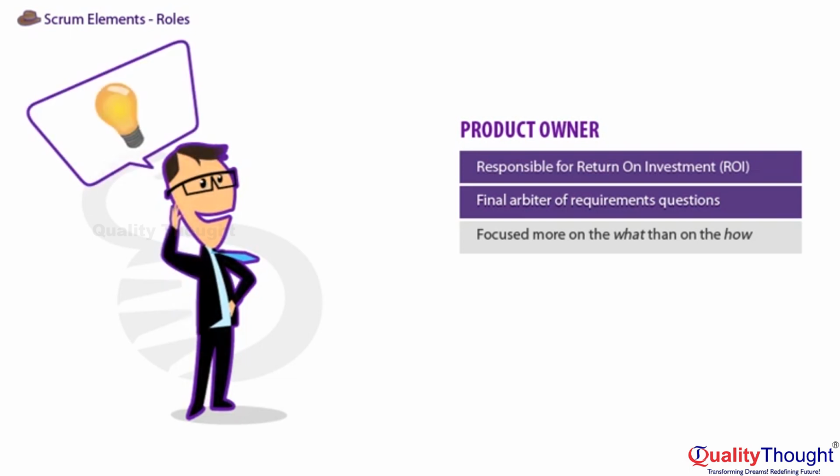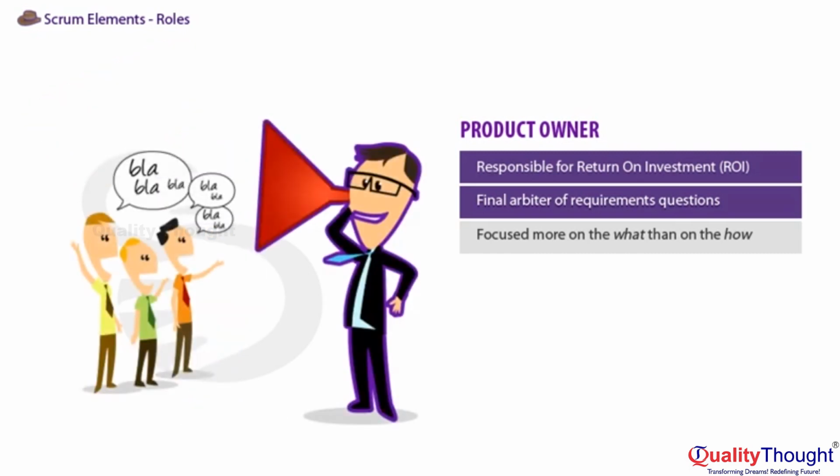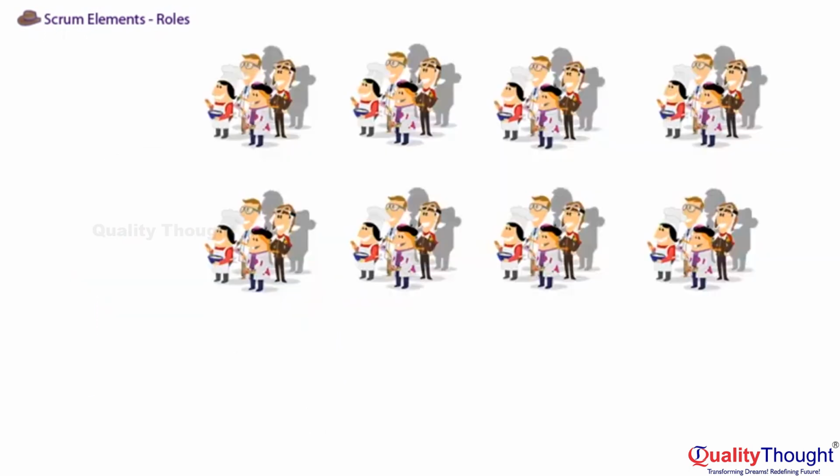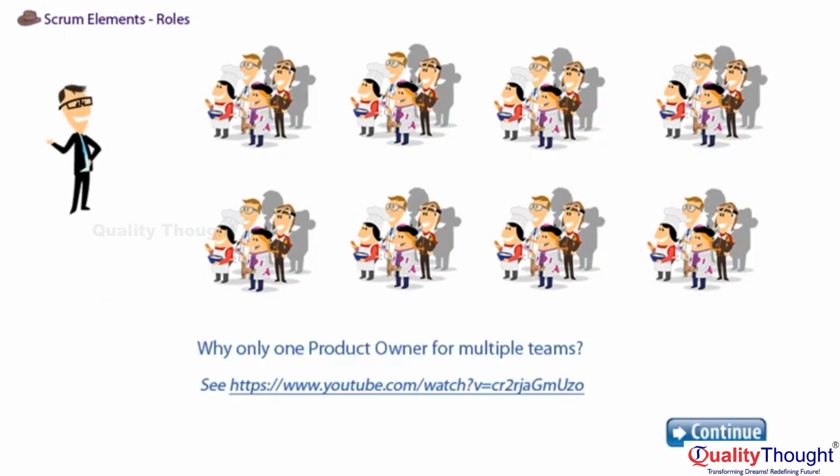The Product Owner must have the vision behind product development. Given high uncertainty, it often doesn't make sense to have a detailed roadmap, but a vision is important. If anyone wants anything from the team, they need to work through the Product Owner to get what they want. He or she is the one person making prioritization decisions. The Product Owner makes the business decisions, focused more on the what than on the how. In large-scale Scrum, there's only one Product Owner for multiple development teams.